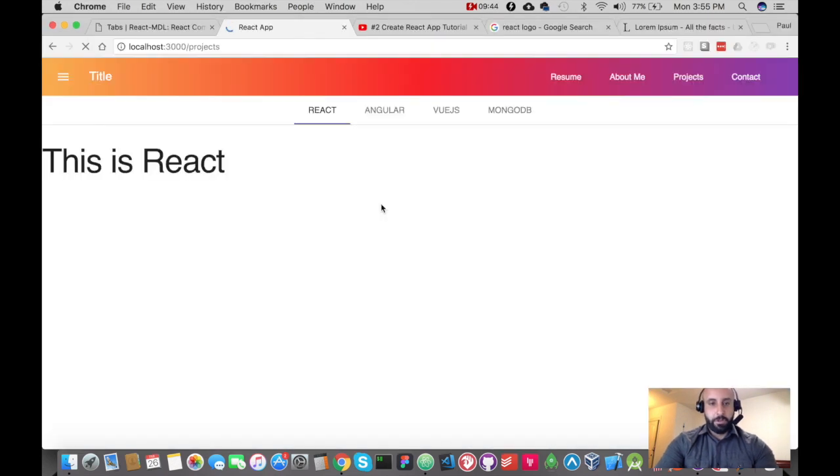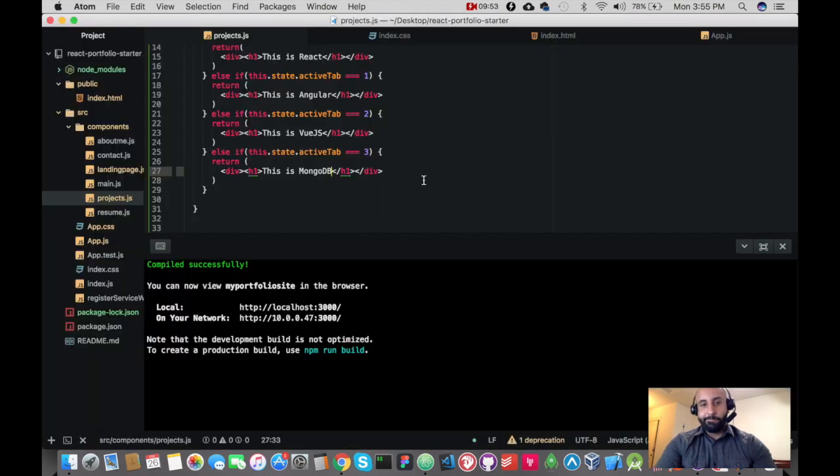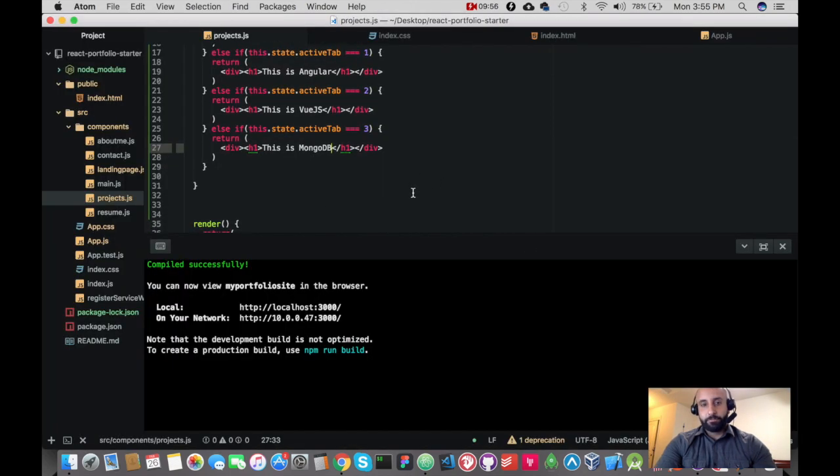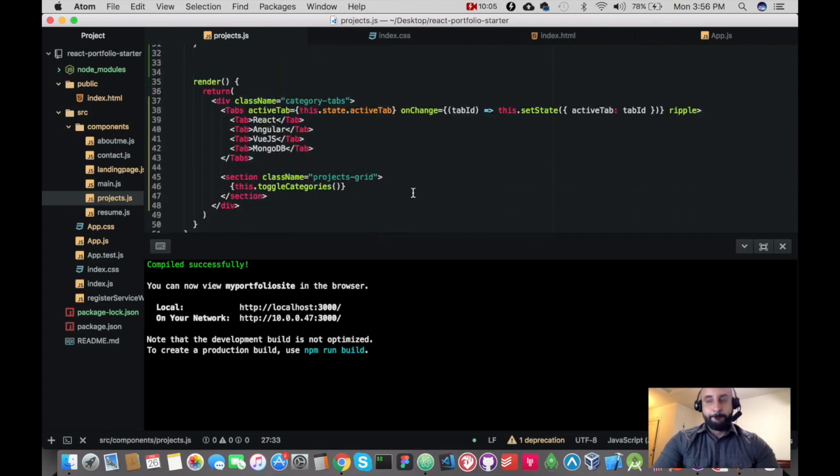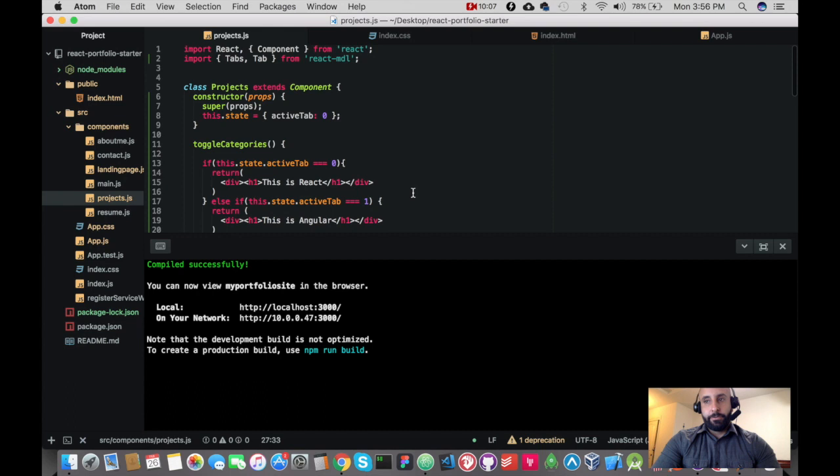I think we should be good. This is React, this is Angular, this is Vue.js, and this is MongoDB. Okay, cool. So, sounds good. Now we're going to want to style the individual projects that we bring into each category. We need to import a few more things from MDL, grid and cell. So we're going to create a grid, which you learned about in the last project and in the last video,